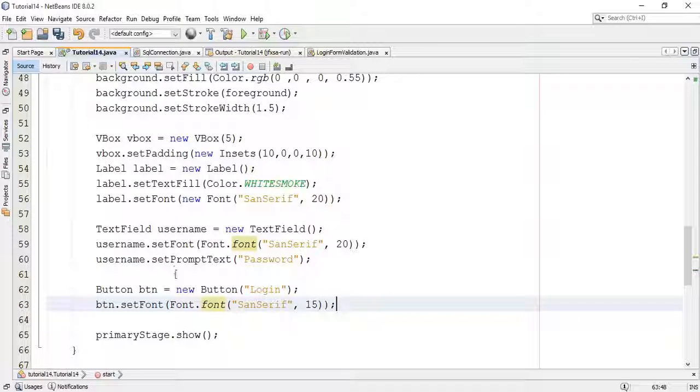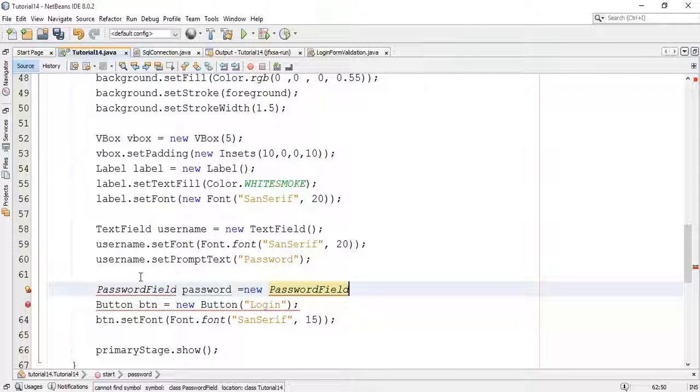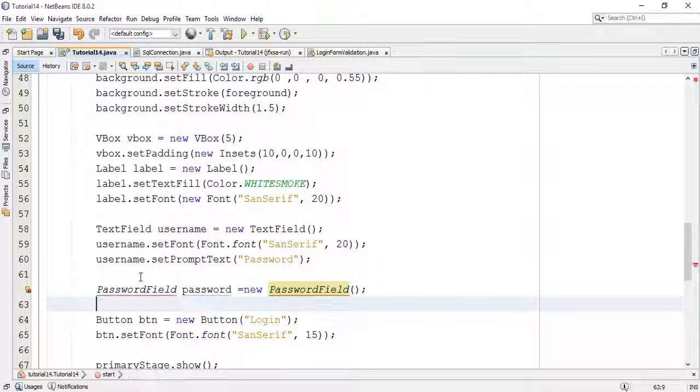And we have forgotten to add the password field. So password field, say password equals new PasswordField, and fix the import for the password field.